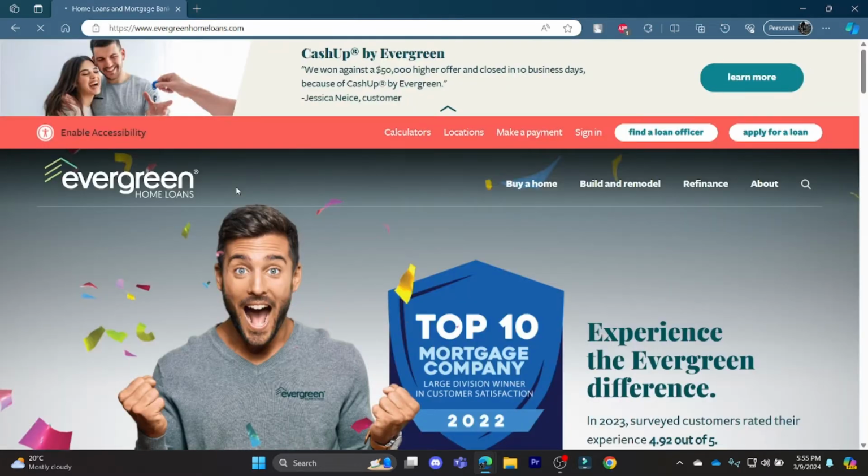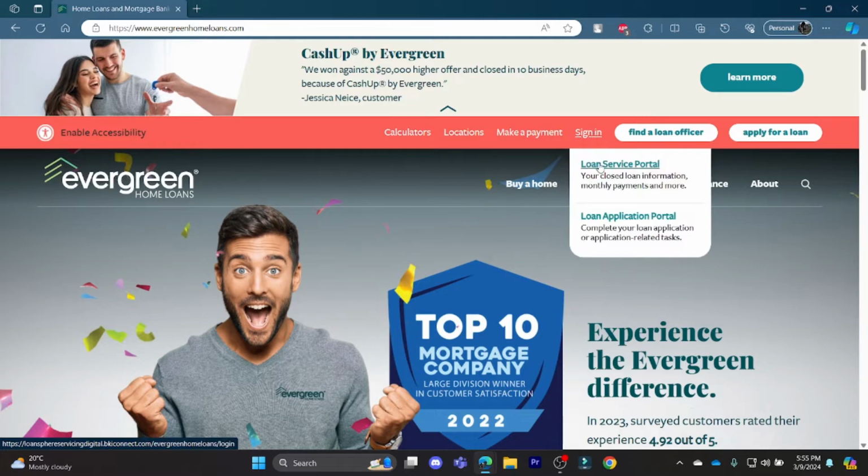After a while, it will lead you to the official page of Evergreen Home Loans. So go ahead and click on the sign in which is on the right hand side of your screen. Now you can either sign in to the loan service portal or the loan application portal. Choose which one of these you want to sign into and then it will lead you to the login portal